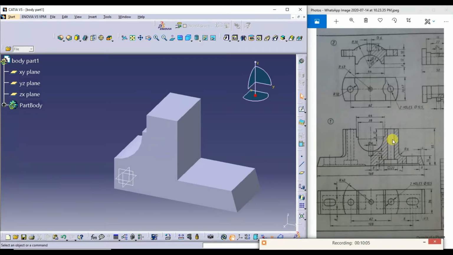Next I need to create this hole. I'll take this plane.